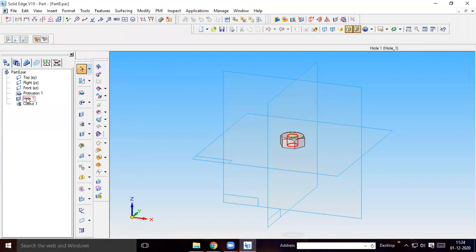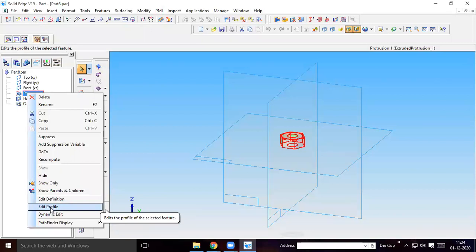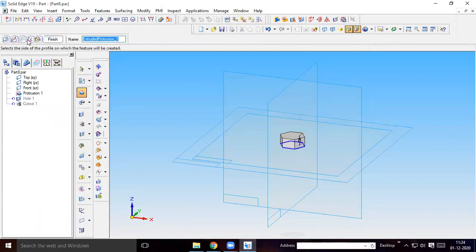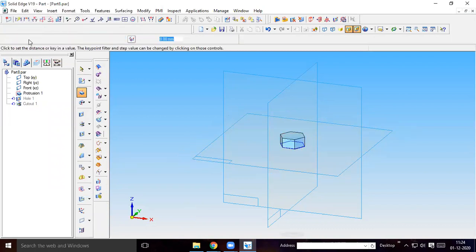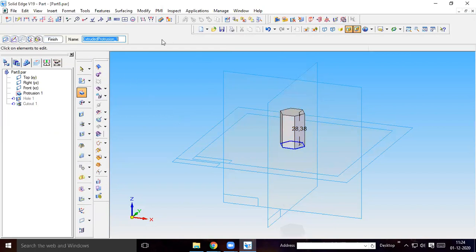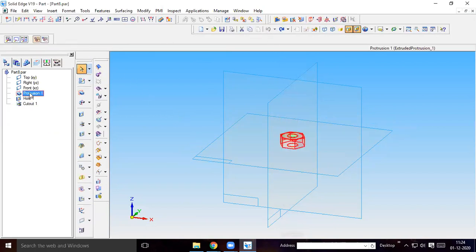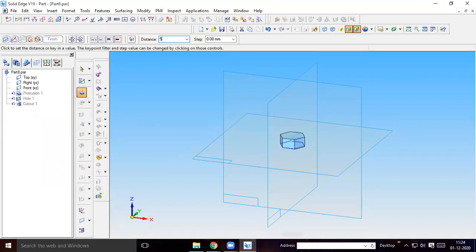Okay, go to protrusion option. So for changing the third dimension, you have to use edit definition, edit profile in order to change the 2D drawing. If you want to change the third dimension, use edit definition. Here, side step will be there, or this one extend step will be there. Instead of 8 mm, you just give 5 mm. Protrusion, edit definition, side step 5 mm. Okay,